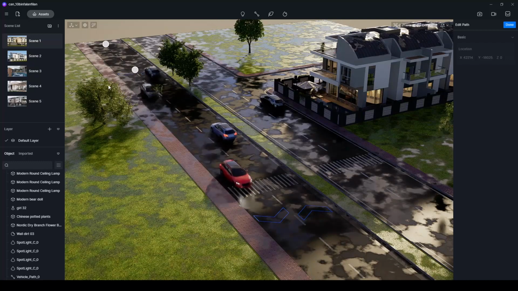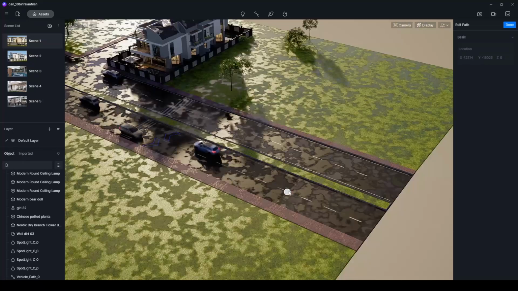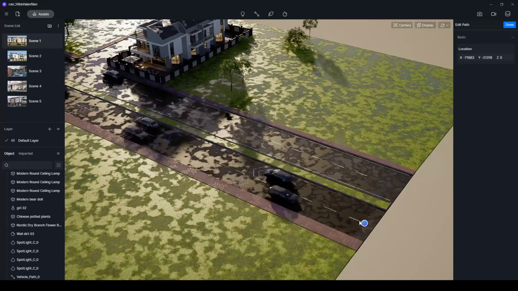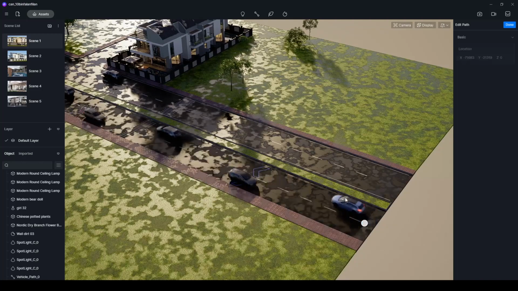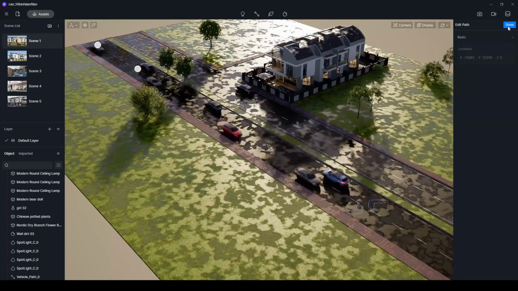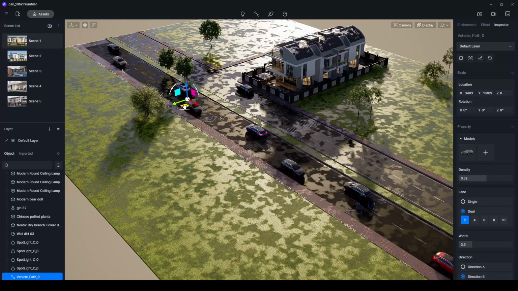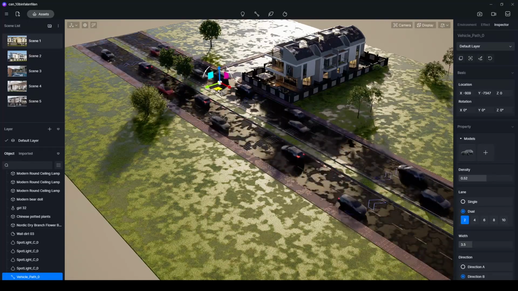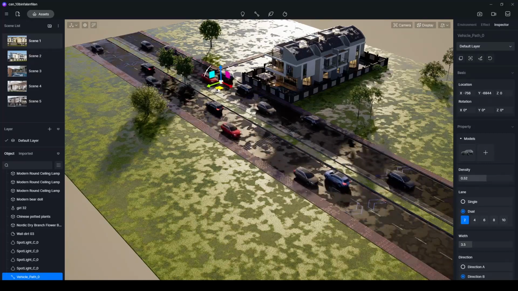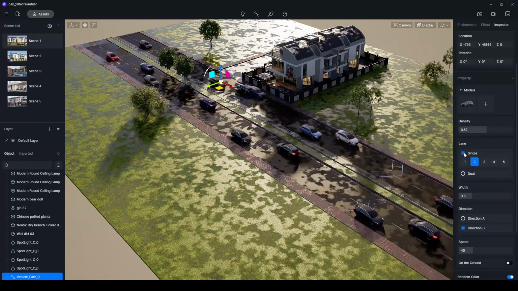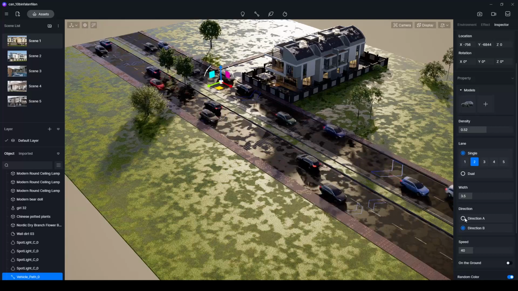You can just right click to cancel, or you can just drag and drop and right click to cancel. Let's click the node. If you hit shift, you can copy the path easily. We can turn this to single and change the direction.